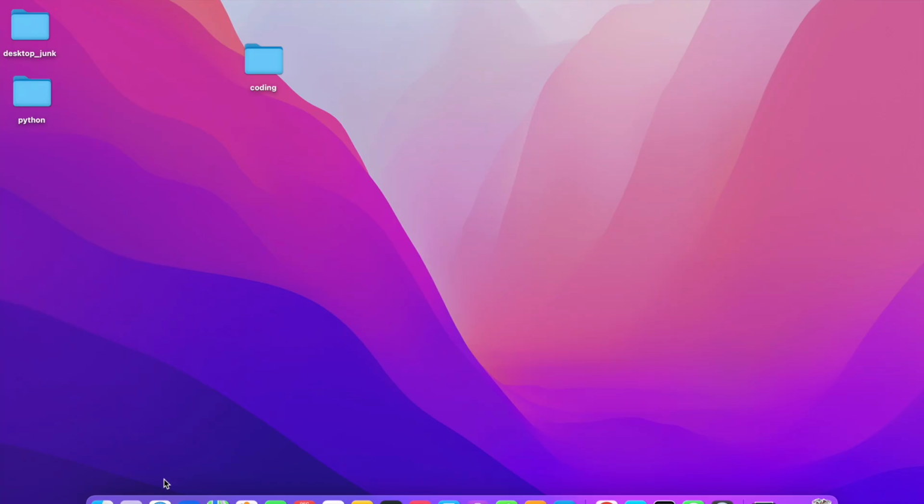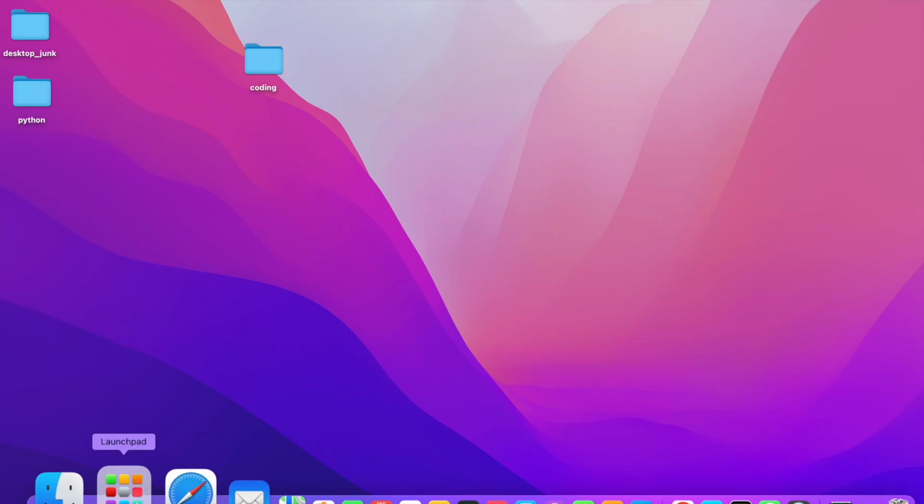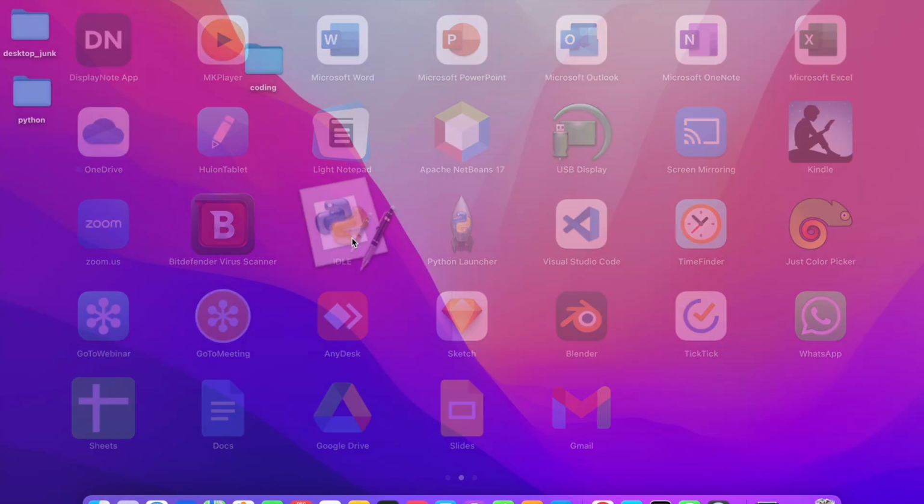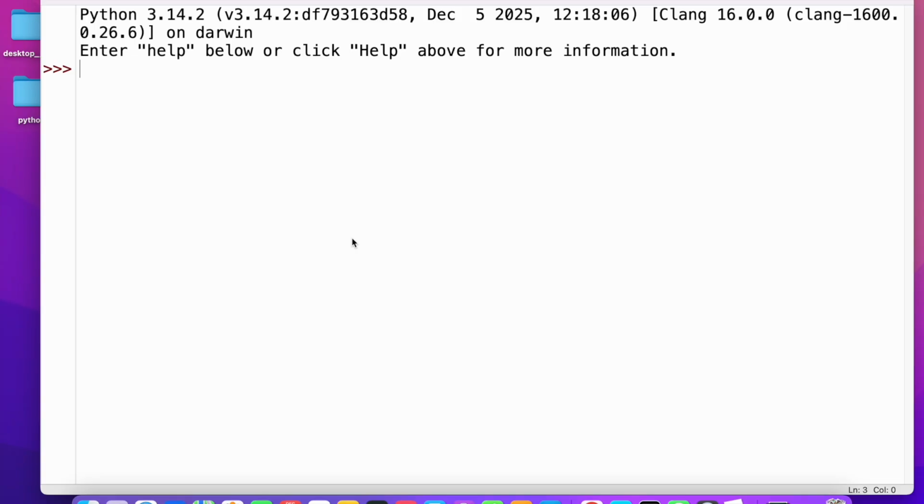It's simple, clean, and perfect if you are a complete beginner. How to open? For Windows, you can just search IDLE. For Mac, go to Launchpad and you can open IDLE from there. Now create a new file